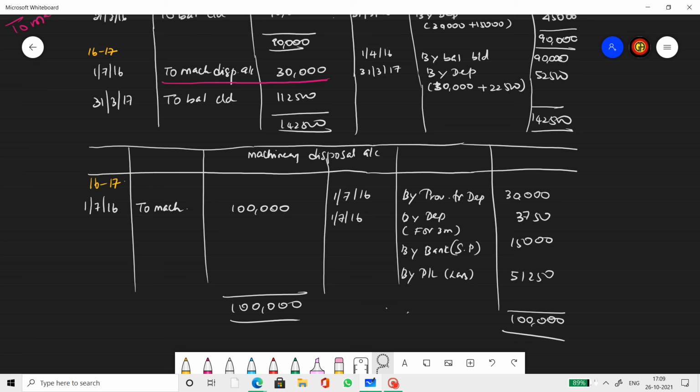So this way we complete the disposal also. The disposal account is mainly prepared to record the sale only. This is in the case of organizations that deal with a lot of machines and assets, like organizations in the automobile sector, who will have a lot of machines. They don't want the asset account to get messed up with a lot of entries, so they keep a separate account for everything.